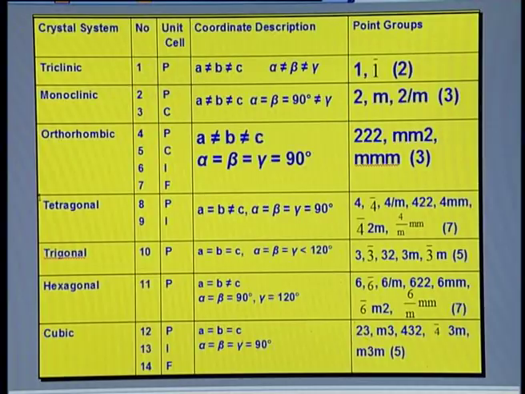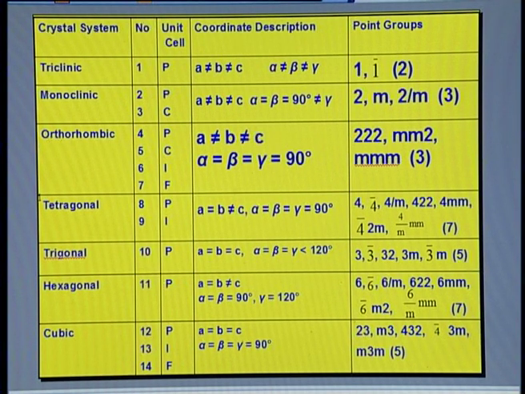orthorhombic, because these 4 will have the same axial and angular relationships, that is a is not equal to b not equal to c, and alpha is equal to beta is equal to gamma is equal to 90. Those are the characteristics of the orthorhombic system. So, in the slide that is shown there, the first column gives you the crystal system to which it belongs, and then how many unit cells are there. So, P, C, I, F in case of orthorhombic, and all these unit cells will have the same axial and